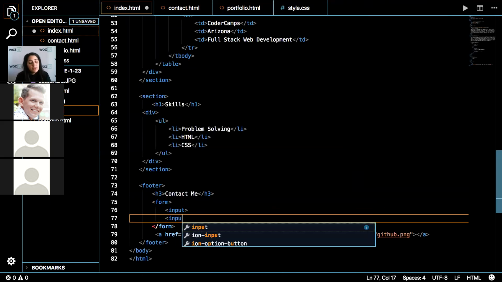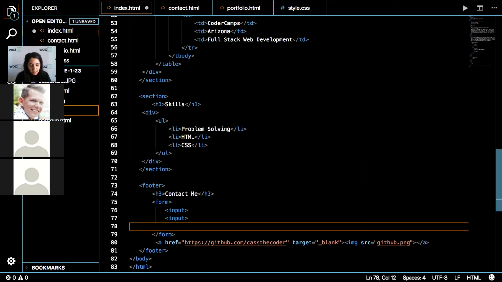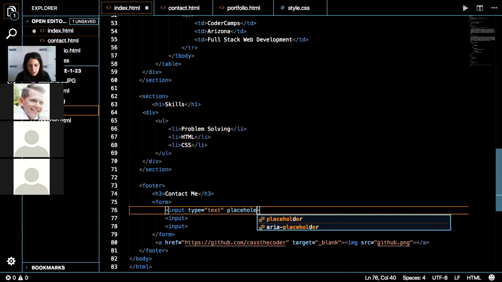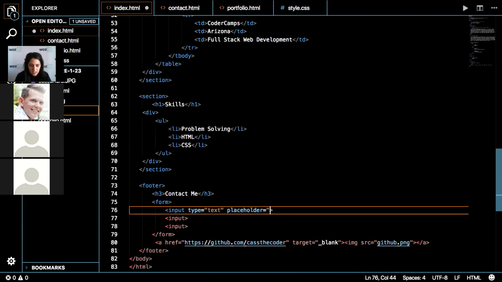Input is also another self-closing tag. And then inside this input, I'm going to have some attributes. So I'm going to say the type. The type here is going to be text. And I'm going to have a placeholder for it, and I'll say, enter your name.